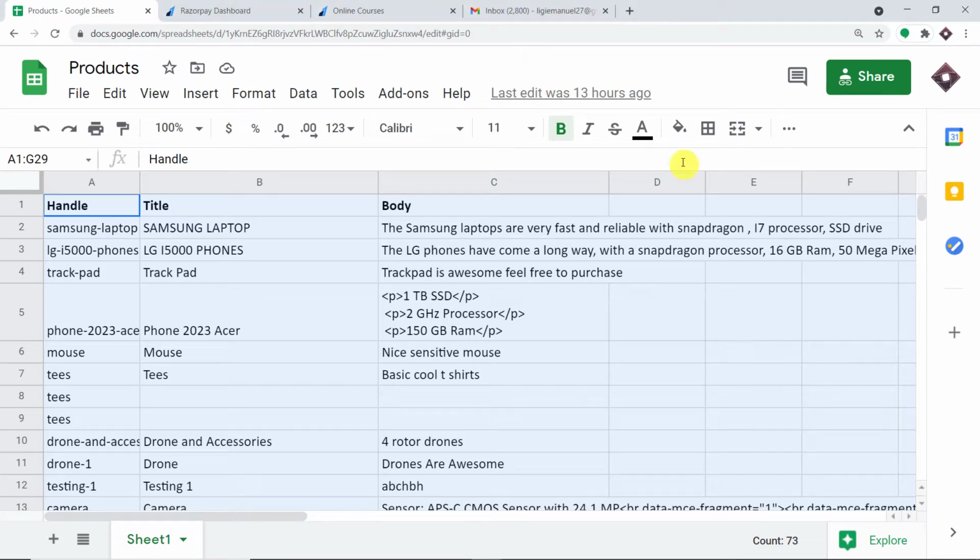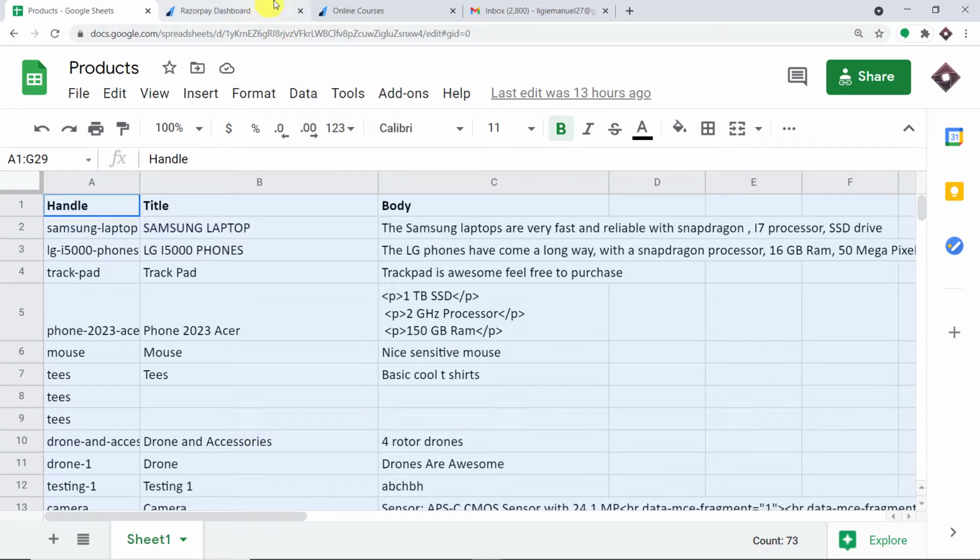Hello everyone. In this video, we will learn how to send a Google Sheets file as an attachment to a new Razorpay customer. Basically, we are going to begin with a small example. As you can see, this is my Google Sheet and it has been titled products. The idea is that when a customer makes an order, doesn't matter which product it is, he will be getting this attachment, this spreadsheet, on his email address.